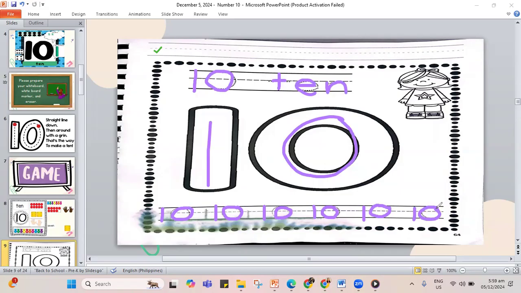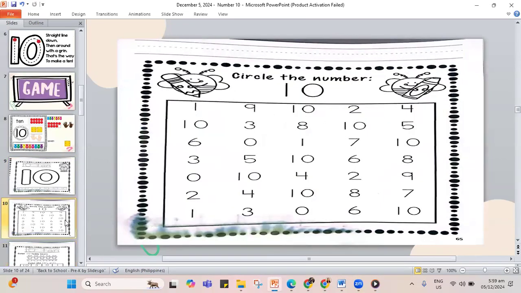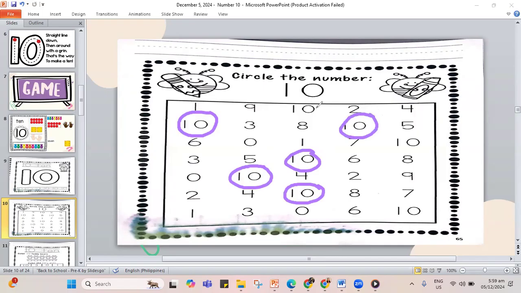Can I move to the next page? I will erase for our number 10 and I will jump to finding our number 10. So let's circle all our 10s. This is 10. This one also. Another one. I will do it by column so that it's not hard for me to find all the 10. This one. I forgot this one also. This is 10. And the last one here at the bottom, it's 10. So I found all the number 10.